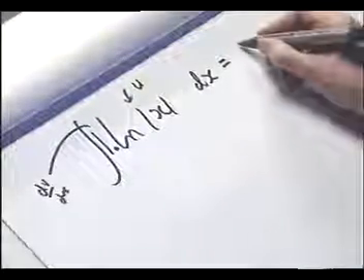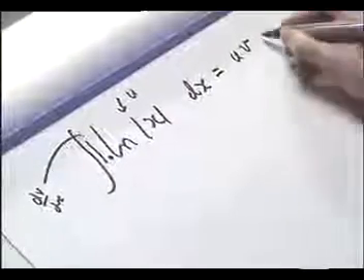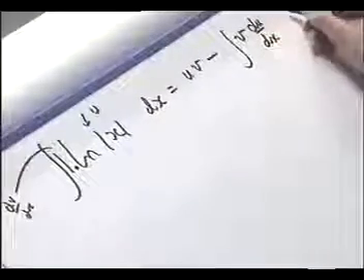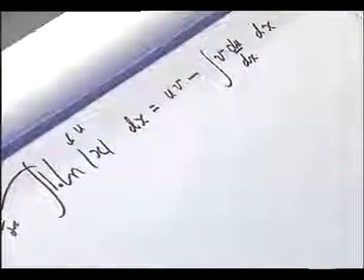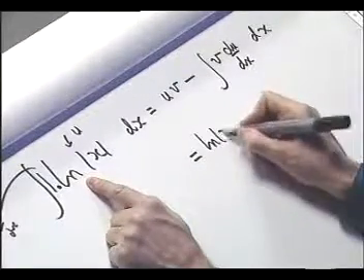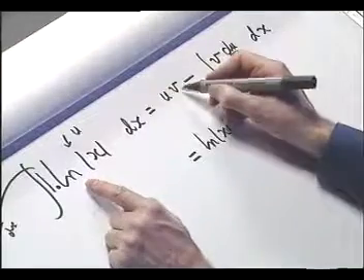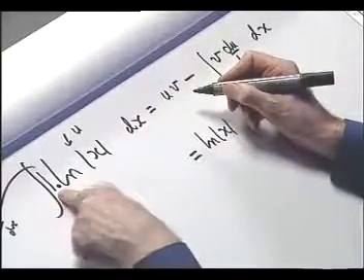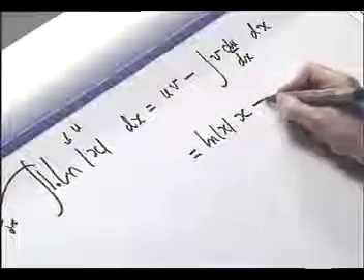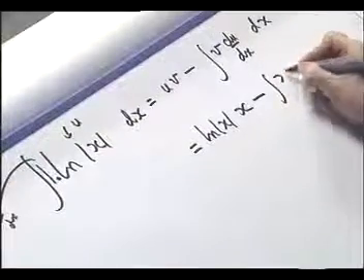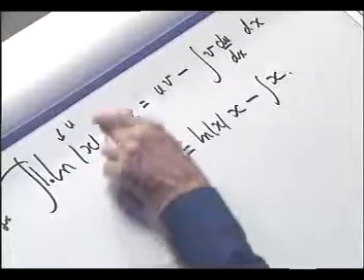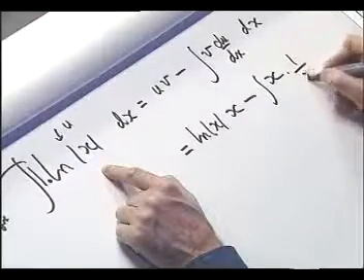So writing down our formula again, this is uv minus the integral of v du by dx with respect to x equals u, that's the log of x, times v. Now dv by dx is 1, so I have to integrate 1, that's just x, minus the integral of v, so that's x, times du by dx, the derivative of log x, that's just 1 over x,